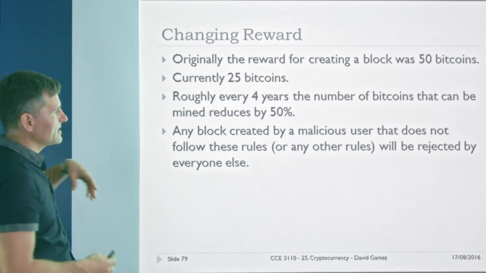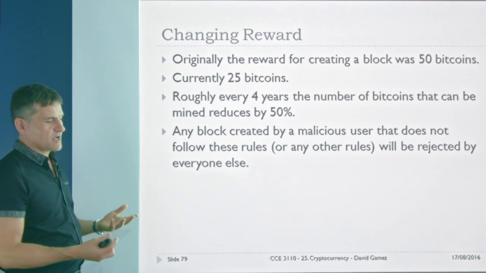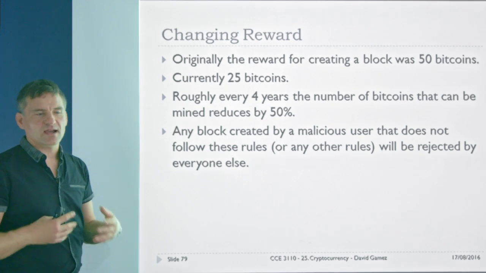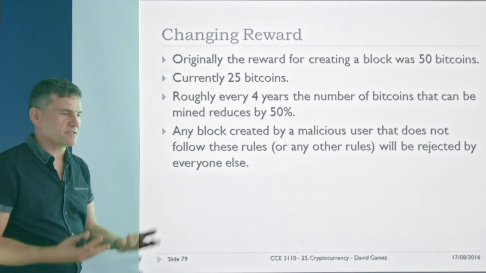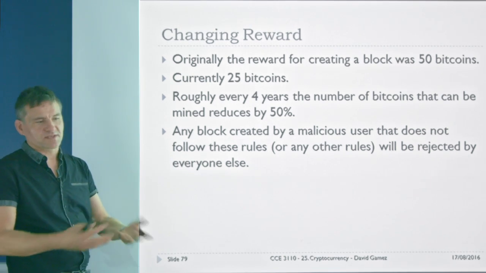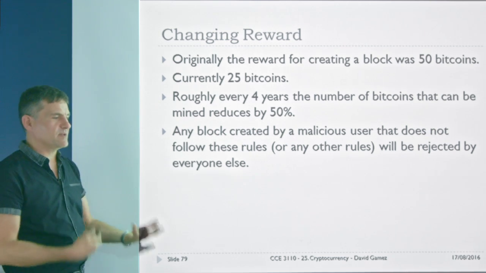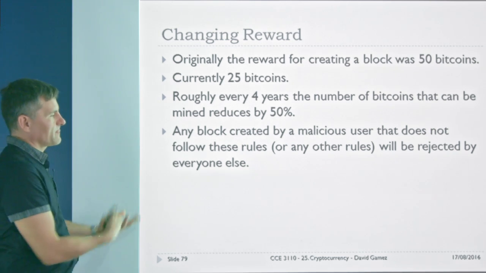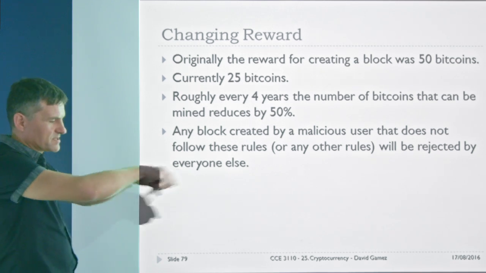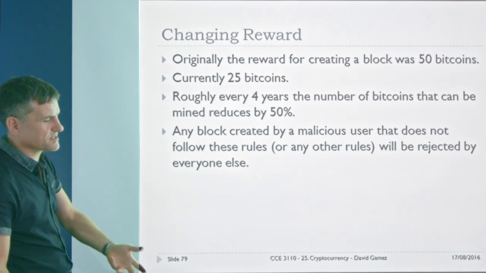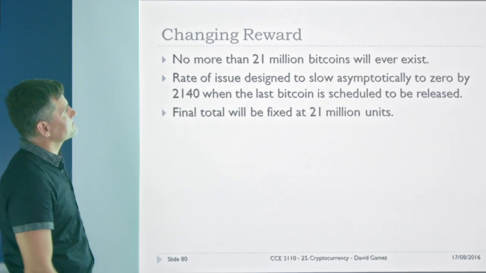The important thing is, if you're a malicious user and you just take the longest blockchain and knock up something that doesn't match these rules, then none of the other nodes will accept it, so they just ignore the new block that you've created. So that's why the peer-to-peer mechanisms function: all the other participants in the network are checking what the person who's created the new block has done and making sure that it's correct.